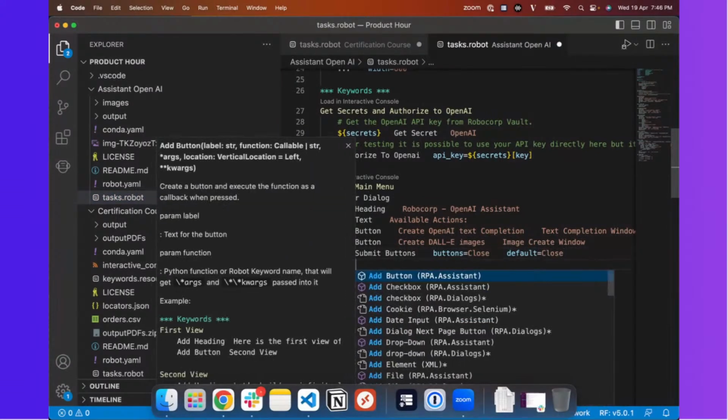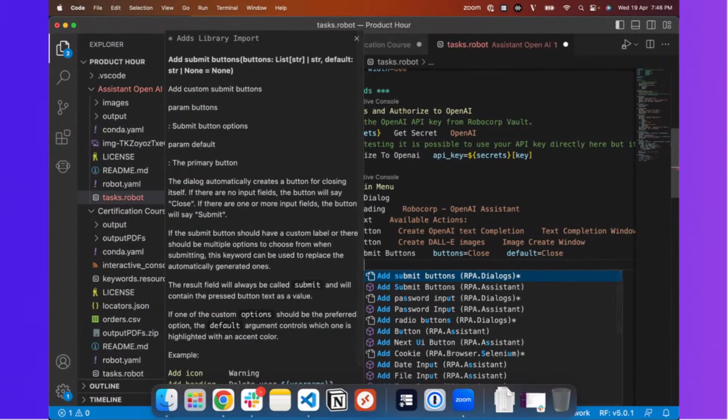Okay, so when I say add submit button, this is the feature that helps you the most when you are writing your code. It is automatically able to put up all the keywords that are there in the libraries that you have imported, along with the explanation of that particular keyword, what it does, the various params, and an example as well.